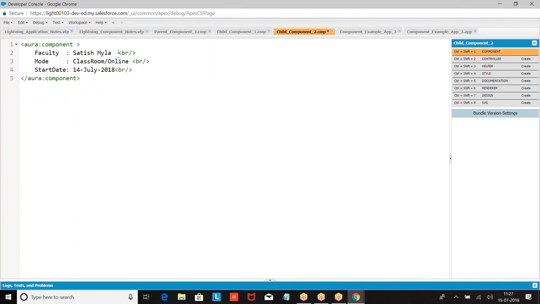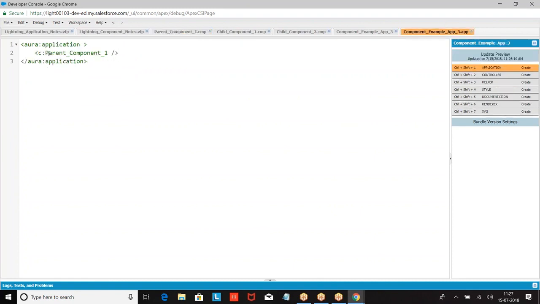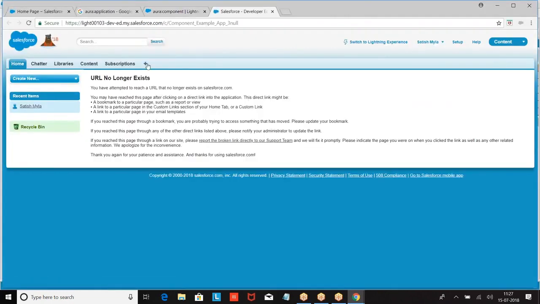Again, I wrote parent component 1. In the parent component I wrote child component 1, child component 2. So within this parent I am calling parent component 1. Typo error, some name spelling mistake, check it out. Component underscore 1. Example app 3.